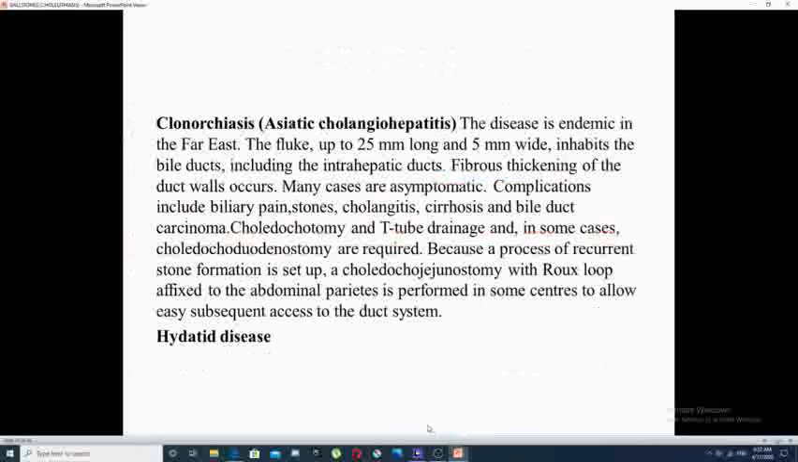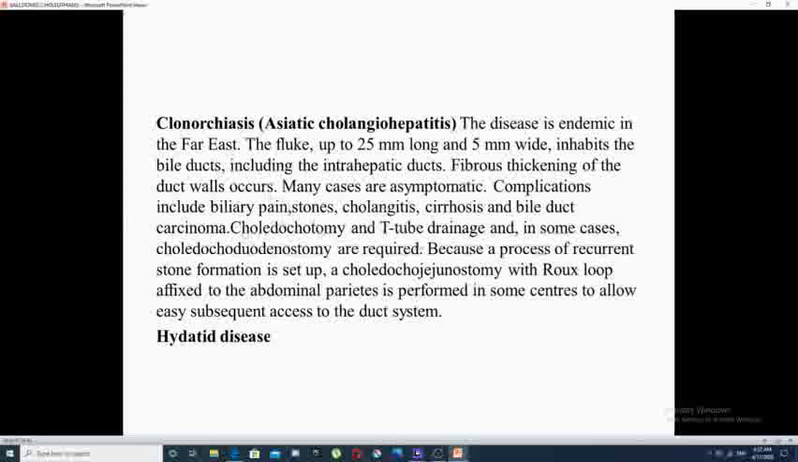Another parasite which may infest the common bile duct is Clonorchis sinensis. The disease is endemic in the Far East. This is a fluke up to 25 millimeters in length. It inhabits the bile duct and intrahepatic biliary ducts. Fibrous thickening of the duct wall may occur. Many cases are asymptomatic. Complications include biliary pain, stone, cholangitis, cirrhosis,